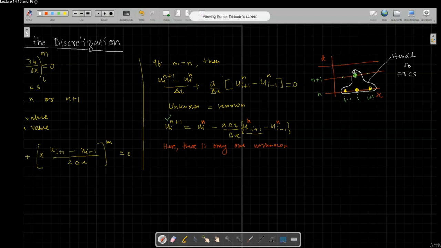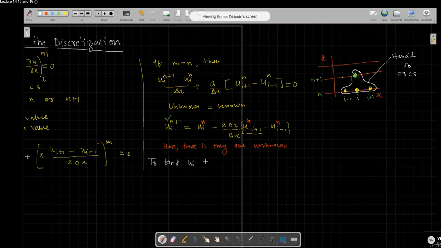Forward method will have the other stencil like that. So this is called a stencil, which is used here. You see that there is only one unknown and all these others are known. Okay. There is only one unknown and all are known. So to find